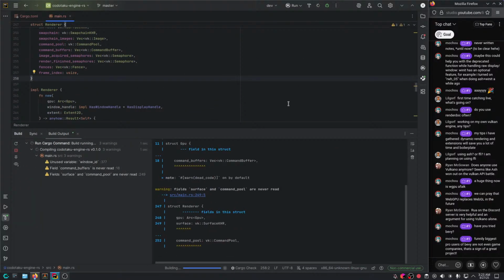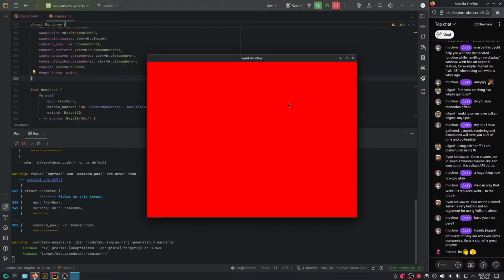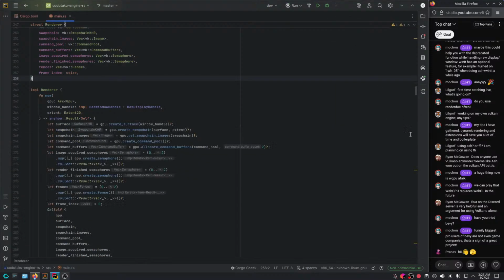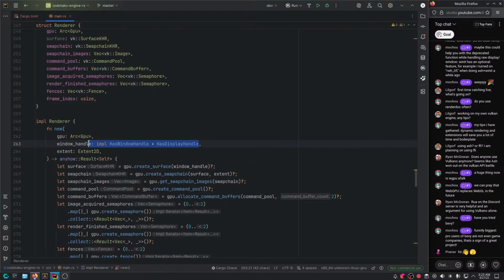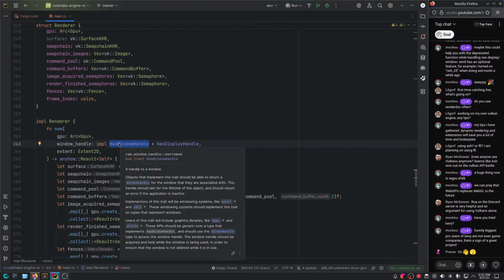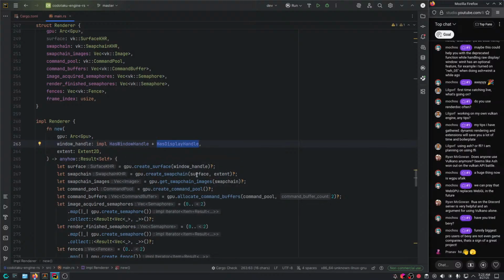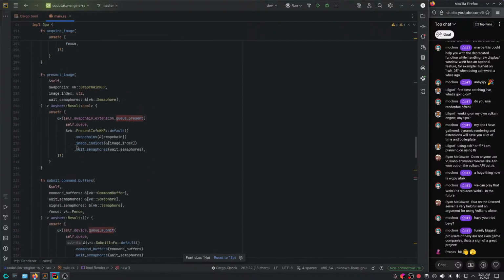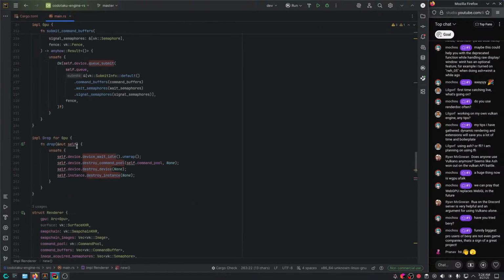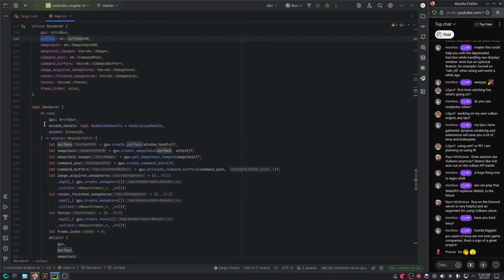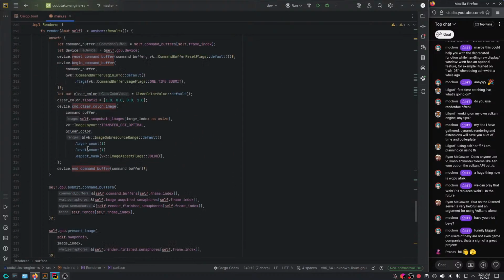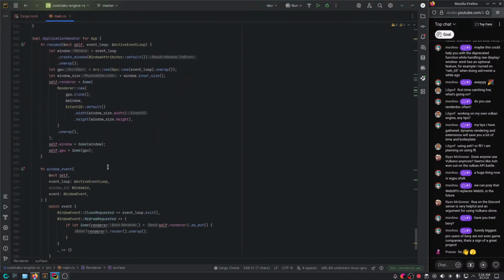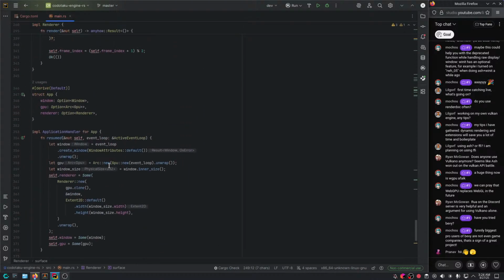Let me see. Yeah, it does. Hello, Pranav. Welcome to live stream. And it does. So here I'm basically telling it that I need some object that implements both has window handle and also has display handle. And that gives me access to both the display handle and the raw handle using one object, which is the window, without having to need the display handle too, which is pretty cool, honestly. That's pretty lovely. So yeah, pretty much. Are there any questions so far?